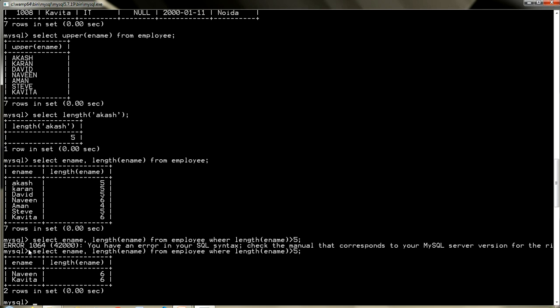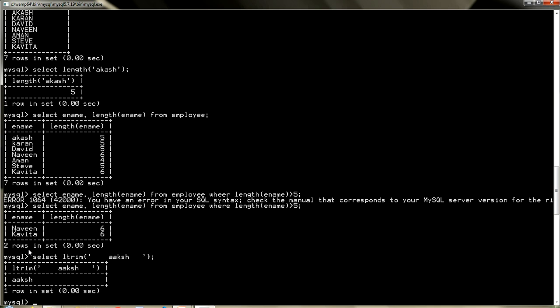Next we have the trim function. Suppose select trim. Let me give an example. Suppose you have a string and there are few spaces, and I want to remove these spaces. So trim will remove the spaces which are on the left side.